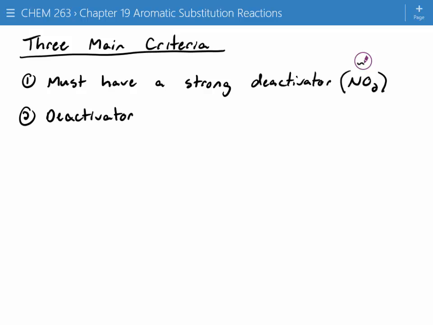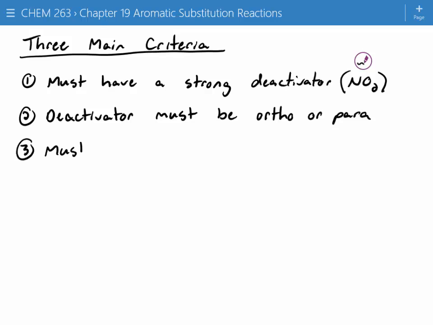The second thing we said is that the deactivator must be ortho or para. If it's meta, it won't be in the correct position to pull that negative charge out of the ring. It won't stabilize your Meisenheimer complex. The last thing